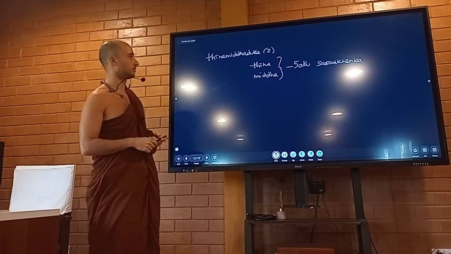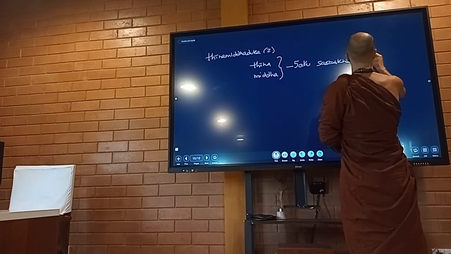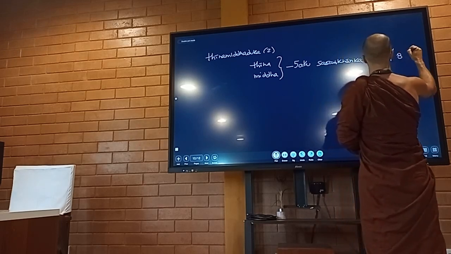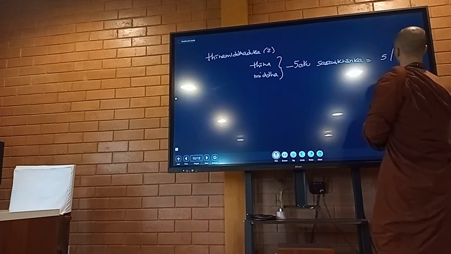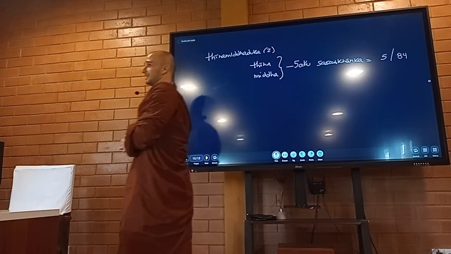Looks okay. So Tinamida only arises in 5 akusala sasankarika cittas. Finish. Also easy. Only arises in 5 cittas, does not arise in 84. Okay. Can you divide